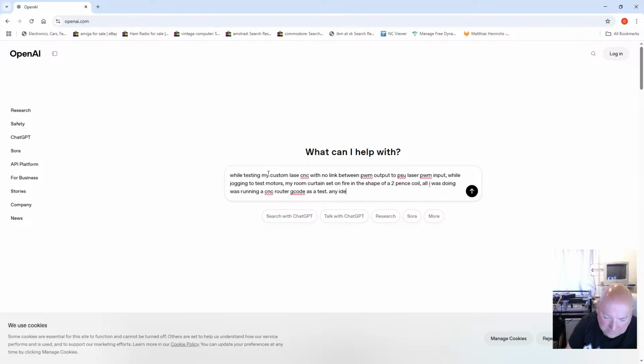Any idea why I did not see the laser fire up, yet the curtain is burnt, and closer inspection of the stepper motor